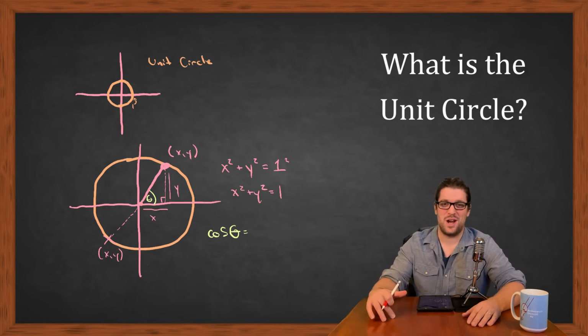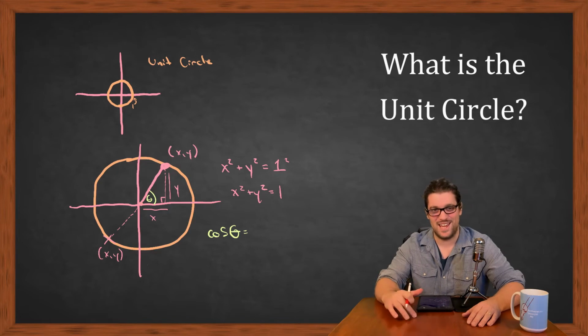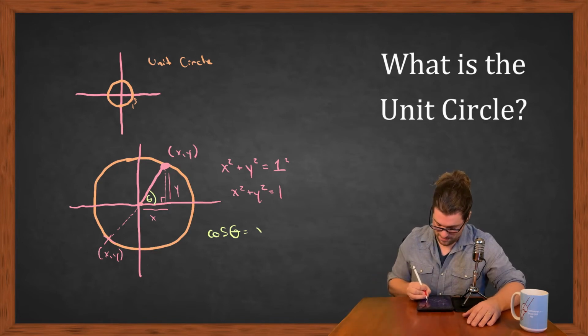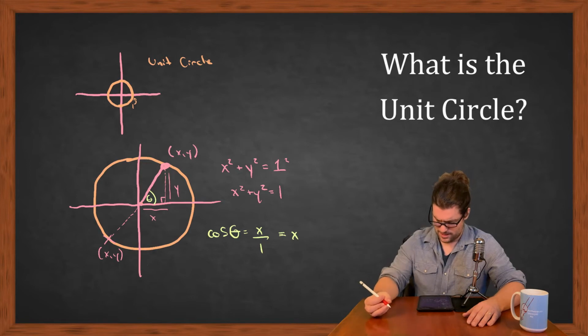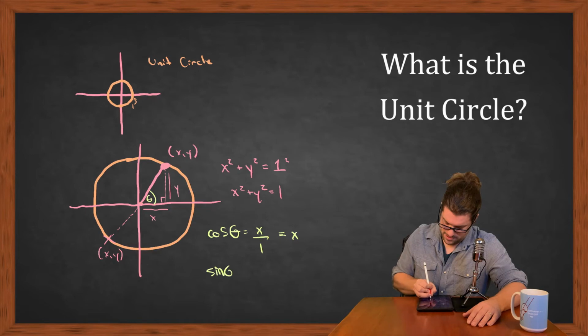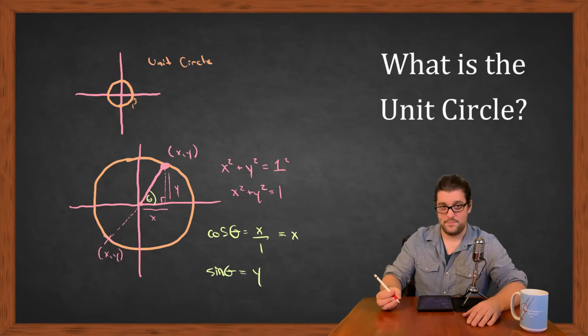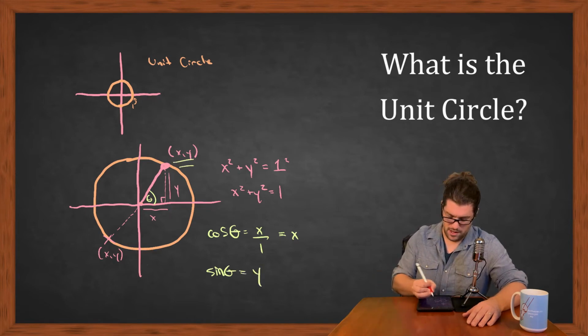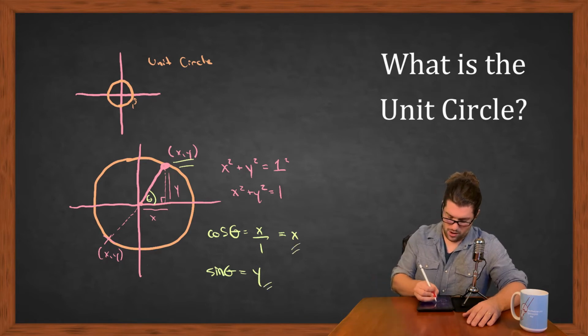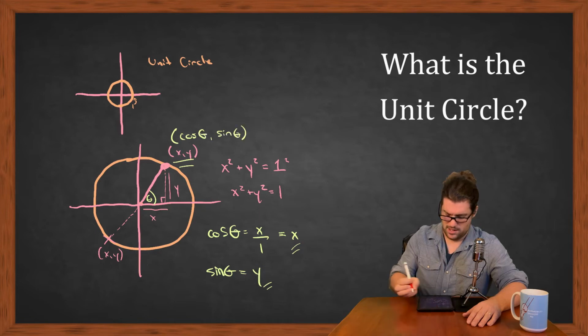Cosine is adjacent over hypotenuse, and TOA is tan is equal to opposite over adjacent. So in this particular case, we would have adjacent over hypotenuse. But since dividing by 1 doesn't really do anything in particular, we would get that that is equal to just x. Likewise, sine theta is going to be equal to just y. So, oddly enough, the coordinates x comma y are also cosine theta comma sine theta, which means that